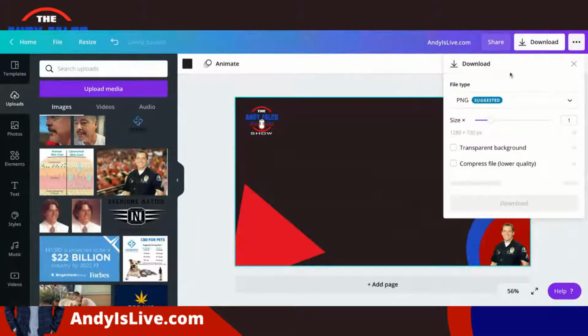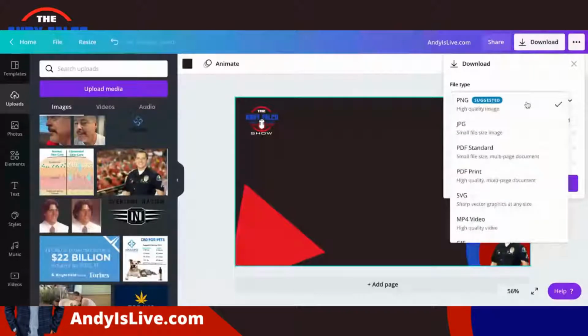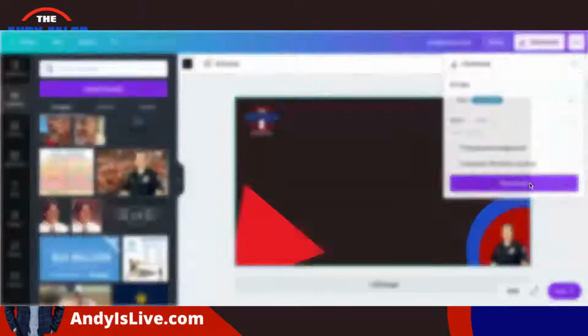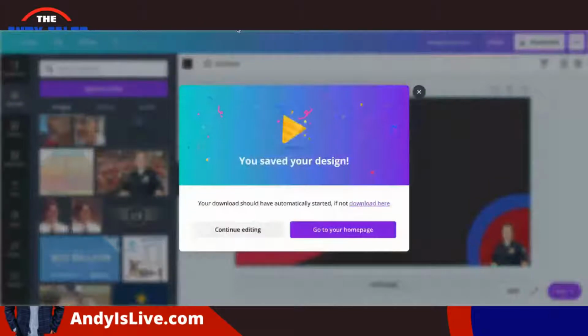Now you don't have to do a PNG. You don't have to, but you can because it's high quality. But you don't want to have to do transparent. Now you could go JPEG, you can go PDF, you can go SVG, but what you're going to use for a background image is either PNG or JPEG. So I'm going to keep it on PNG. I'm going to download, and I hope I didn't do it again. Oh, good. I'm going to save it to test background. There we go. And save it. All right, and then